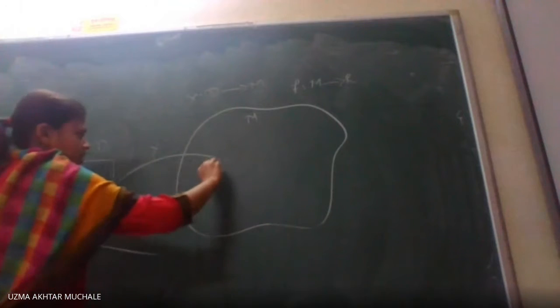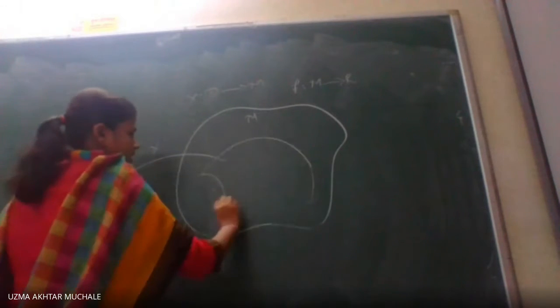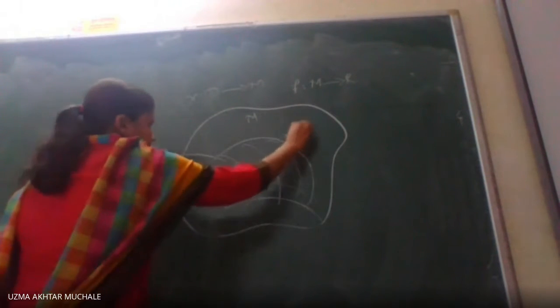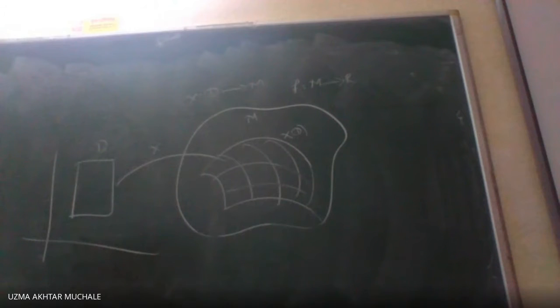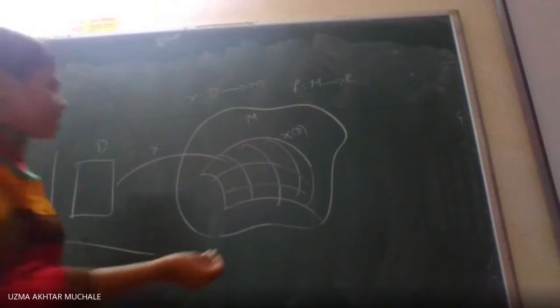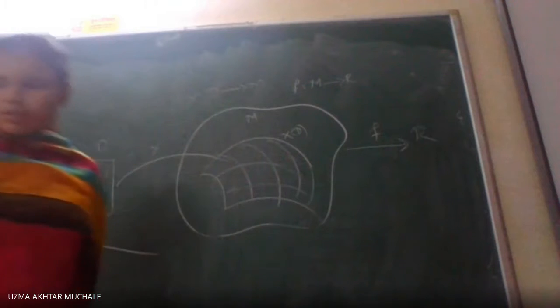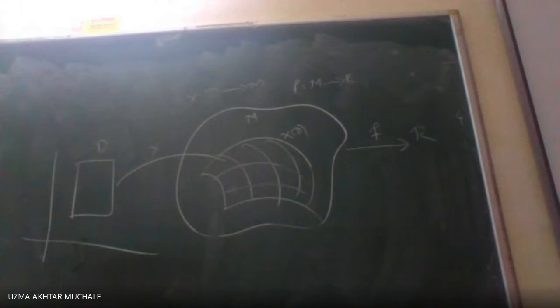So whatever the object we are getting is x of D. Okay. So hence f be the real valued function which is defined on M. So we have our f be the real valued function defined on a surface M. So f of x is a coordinate patch. So f of x will be a real valued function. The f defined on a surface M is called differentiable if all its coordinate expressions are differentiable.